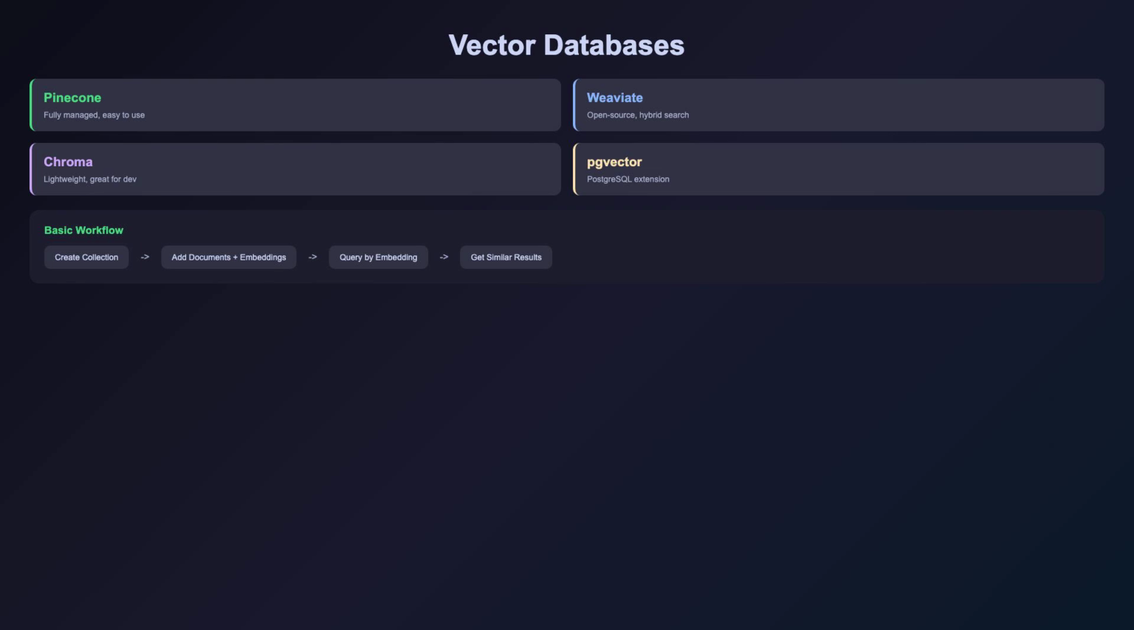For learning and prototyping, Chroma runs locally with just a few lines of Python. The basic workflow is create a collection, add your documents with their embeddings, and query by embedding to get similar results. Most vector databases also support metadata filtering. You can search for relevant chunks that also match specific categories, dates, or user permissions. This combination of semantic search and